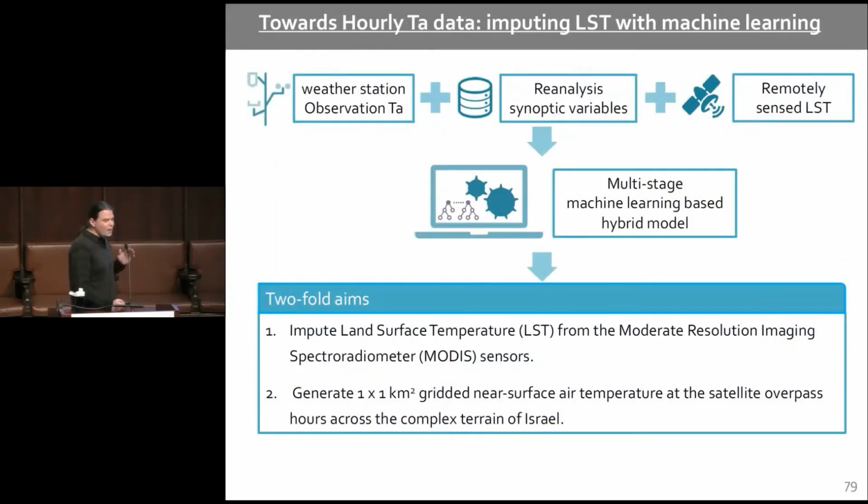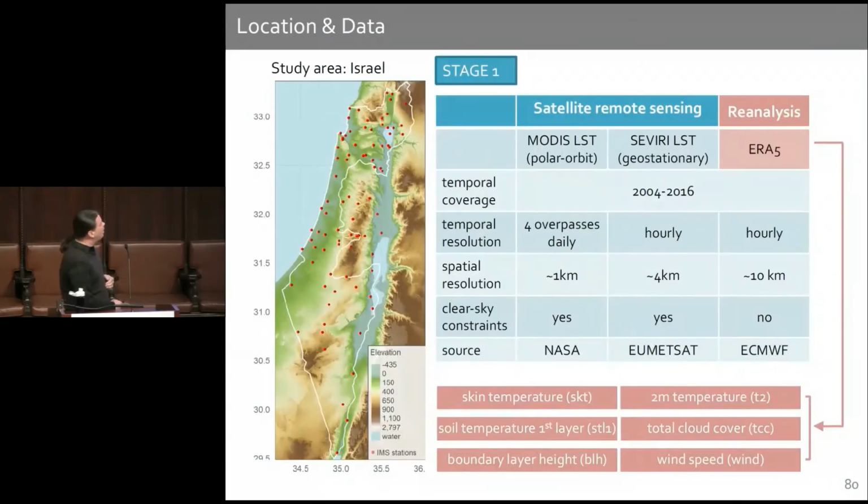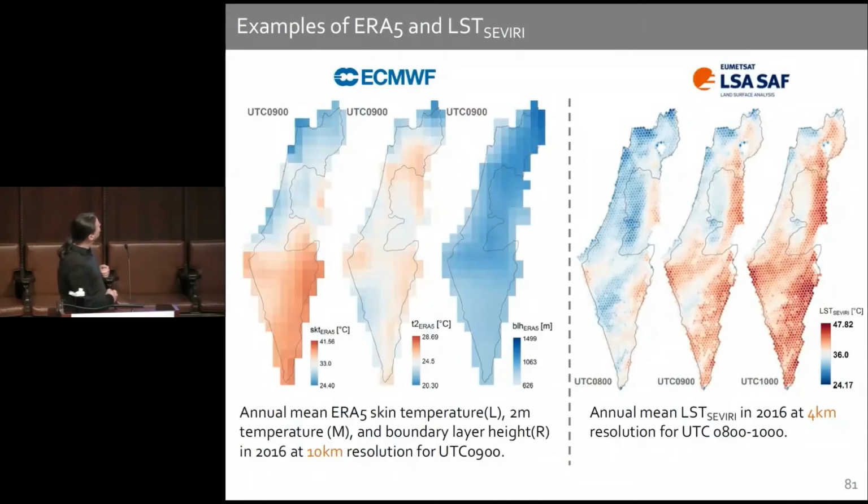We are moving towards hourly data in terms of temperature. So in this case, in Israel, we're also imputing LST data based on a machine learning model that takes into account ECMWF and SEVIRI data, and we're generating these hourly 1 kilometer predictions over Israel. In this case, again, we took ERA5 ECMWF meteorology data. We took the SEVIRI satellite, which is a geostationary satellite, giving us LST at a 4 kilometer resolution, allowing us to reconstruct